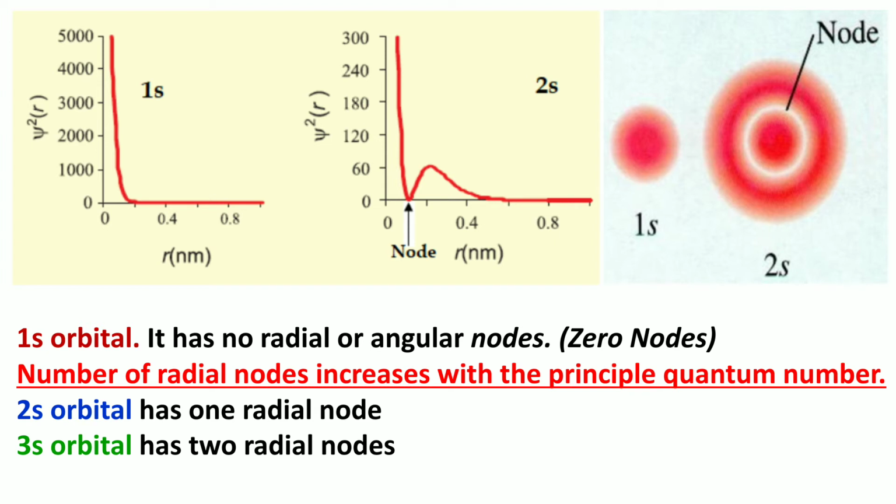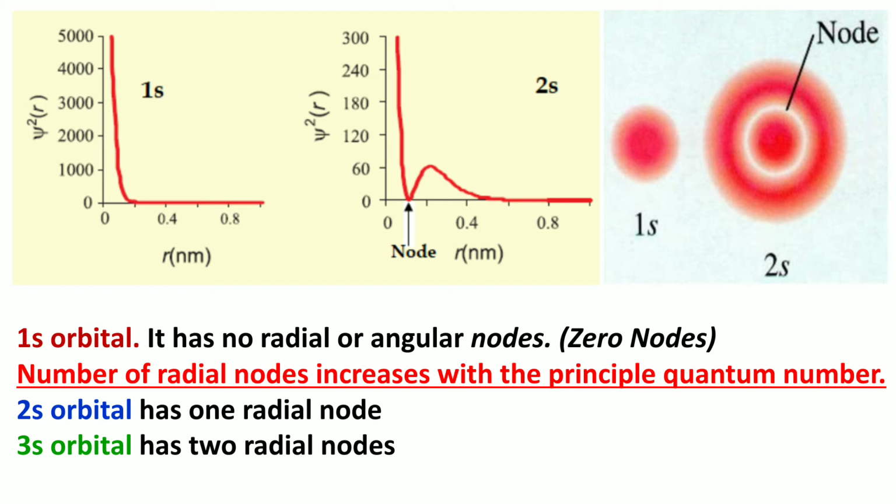It may be noted that for 1s orbital the probability density is maximum at the nucleus and it decreases sharply as we move away from it. On the other hand, for 2s orbital the probability density first decreases sharply to 0 and again starts increasing. After reaching a small maximum, it decreases again and approaches 0 as the value of r, the distance of the electron from the nucleus, increases. The region where the probability density function reduces to 0 is called nodal surfaces or simply nodes.